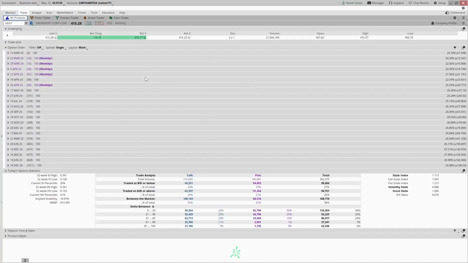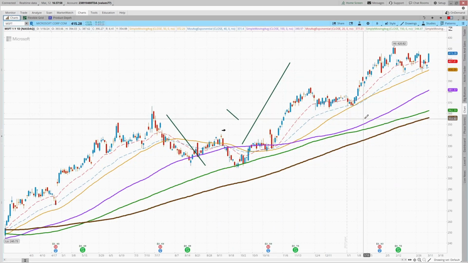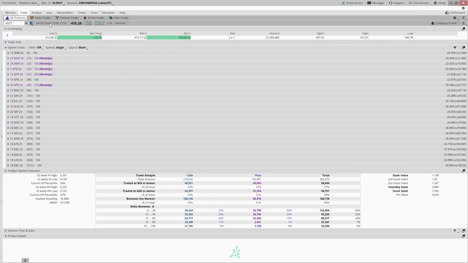First off, like always, in order to really get into options, you have to look at the option chain. The option chain will be right here on the trade section, under all products. Once we look at the option chain, I do recommend that for this sort of strategy, you only look at stocks that have a bit of liquidity. The rule of thumb that I would use to find out if a stock has liquidity or not is whether it has weekly options. When a stock has weekly options, it's more likely to have more liquidity than stocks that don't have weekly options,